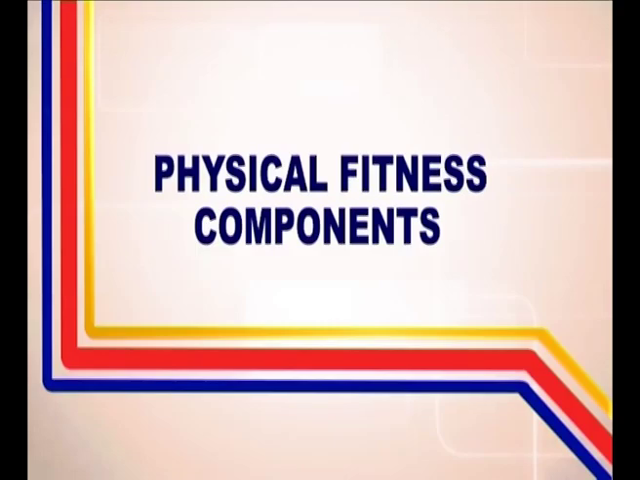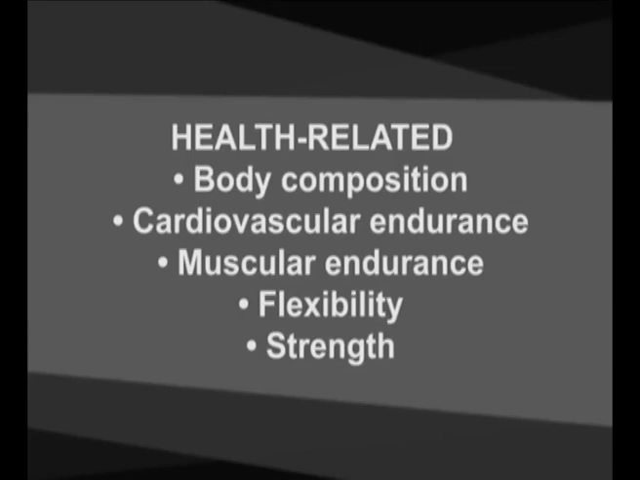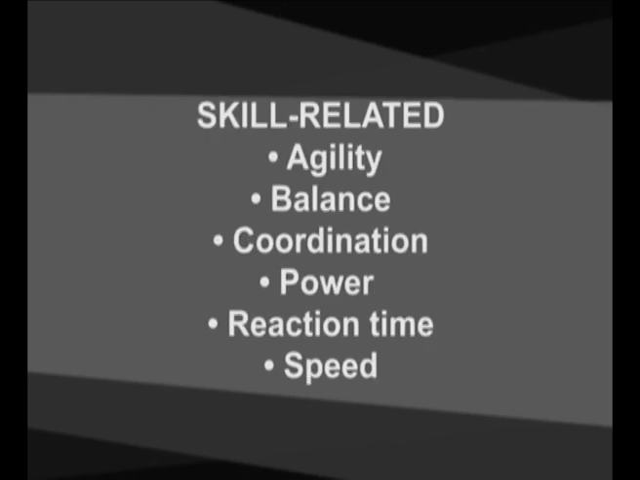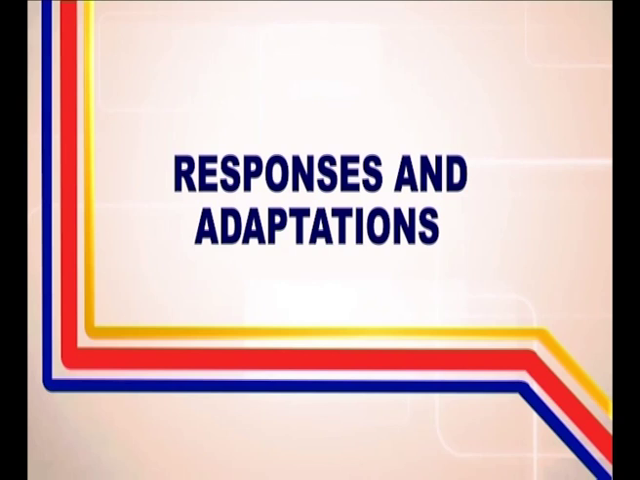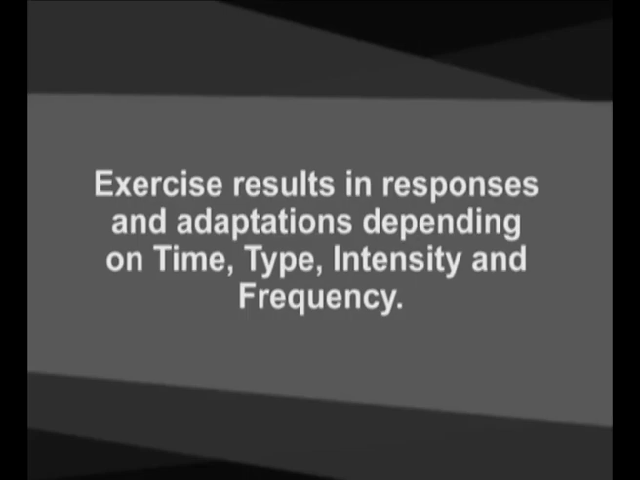Physical fitness components, health related. First is body composition, second is cardiovascular endurance, third is muscular endurance, fourth is flexibility and fifth is strength. Skills related. First is agility, second is balance, third is coordination, fourth is power, fifth is reaction time, sixth is speed. Responses and adaptations. Exercise results in